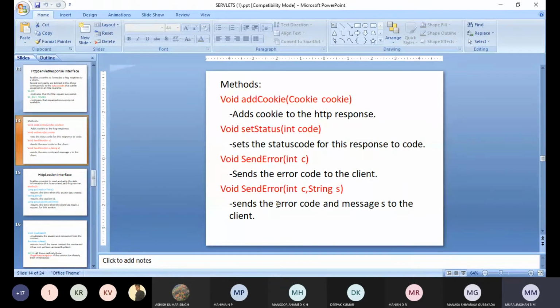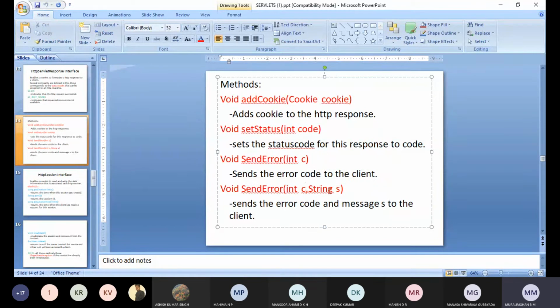Next, what are the methods we are having inside this? Void addCookie method, setStatus, sendError with the code and the message.